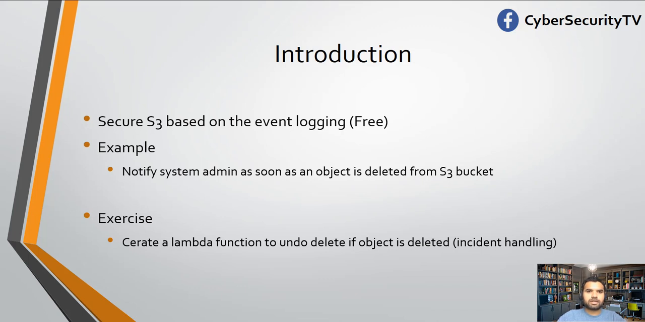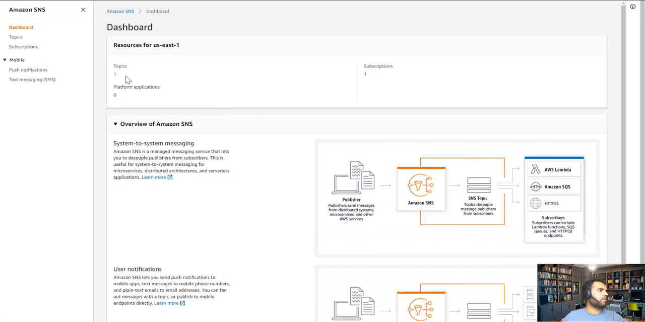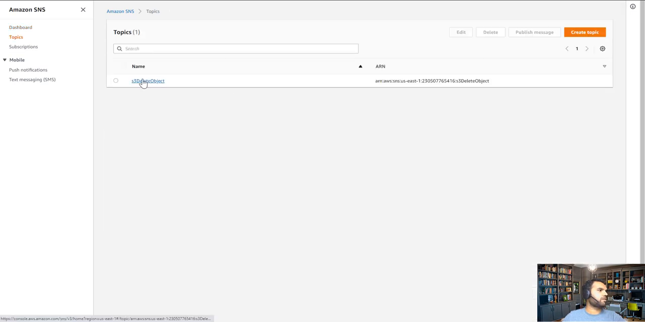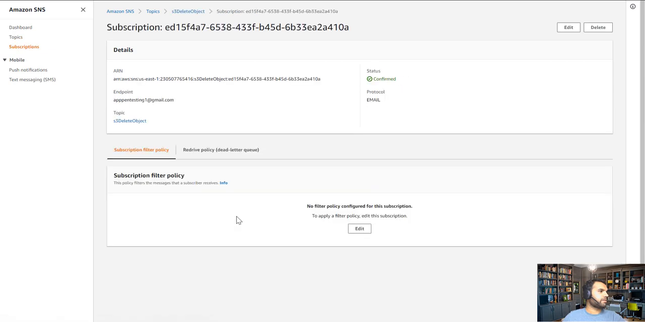But let's first head on to our AWS console and let me show you how you can configure the event-based notification for the S3 bucket. So first off, to get the notification, of course, we'll have to set up the SNS. So let's go to the SNS. And I have already set up one topic, which is called S3 delete object. Of course, you can name it whatever you want, and it's going to send an email to my email address whenever the object deletion happens. So if you want to see in the detail,